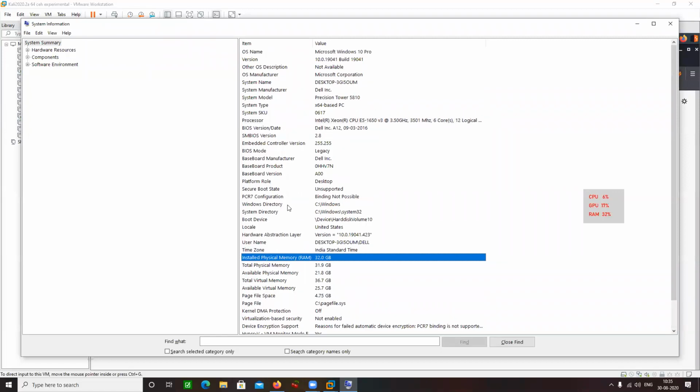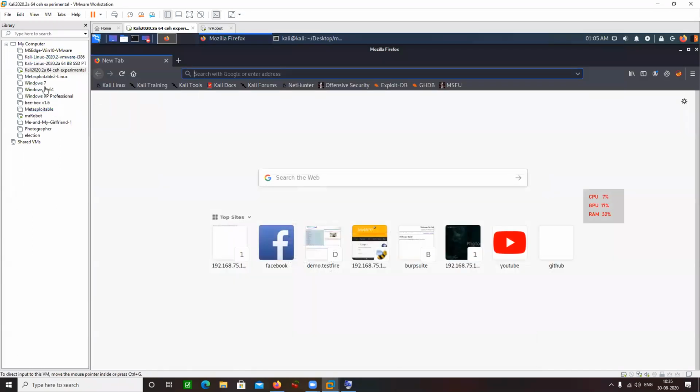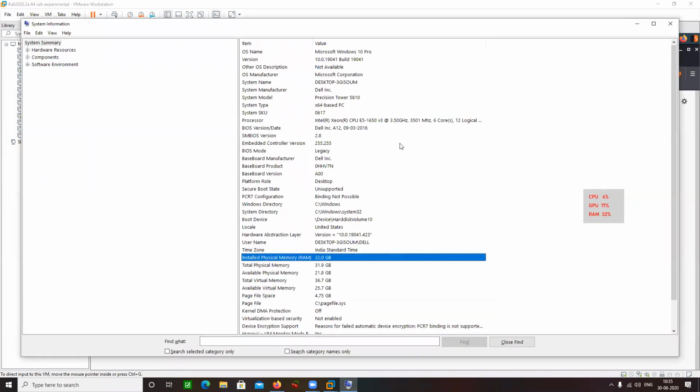Sir, if we are having 16 GB of RAM, how many VMs can we have? So see, everything is not dependent upon the RAM. You need to have sufficient cores to handle multiple VMs, because when you run multiple VMs parallelly, a single core or dual core processor would not be able to handle them. I'm having a quad-core processor right now in my laptop. Does it support hyper-threading? Yes, sir. So there will be 8 threads, right? Yes, 8 logical processors.